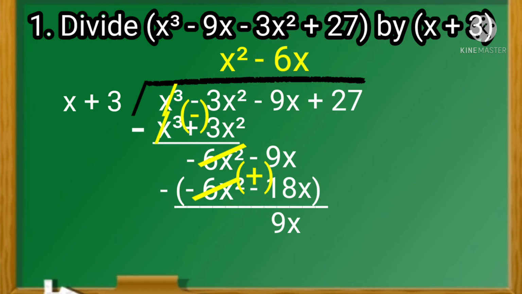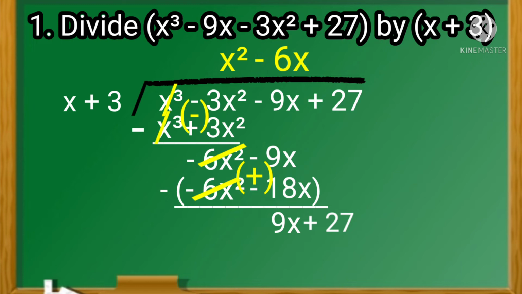And we will copy the sign of positive 18x, which is positive because it is bigger value than 9. So therefore, the difference is positive 9x. Then bring down positive